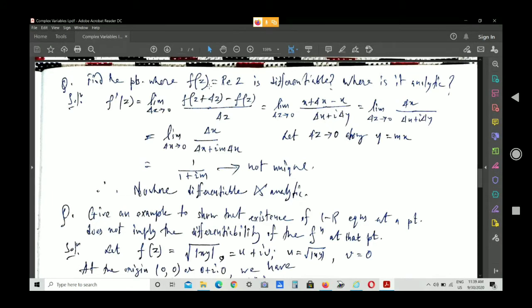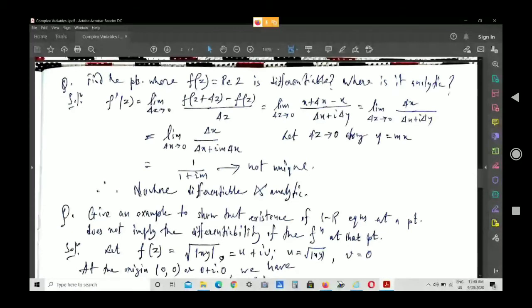Here is another question: find the points where f(z) equal to r is differentiable. Where is it analytic? This one we have already seen. f'(z) equals this limit. If we move along y equals mx, then we arrive at this limit, which is not unique. So if z was any arbitrary point, it is not differentiable at any point. The answer is it is not differentiable at any point, and therefore there is no question